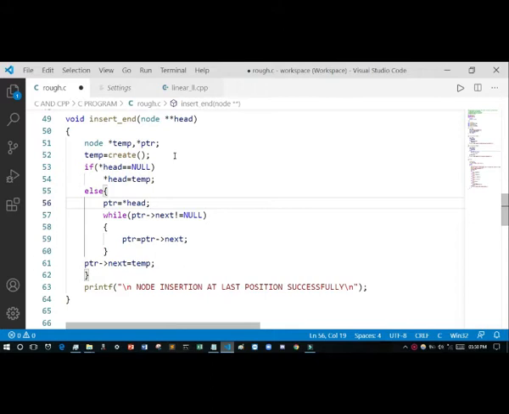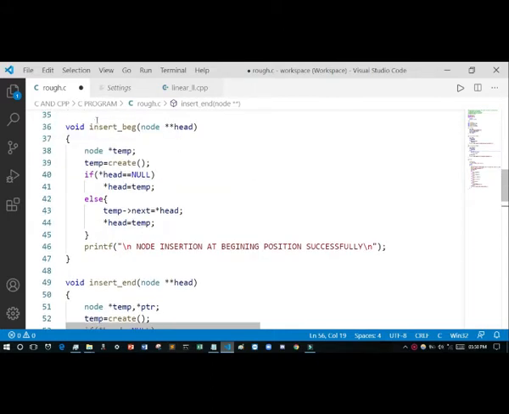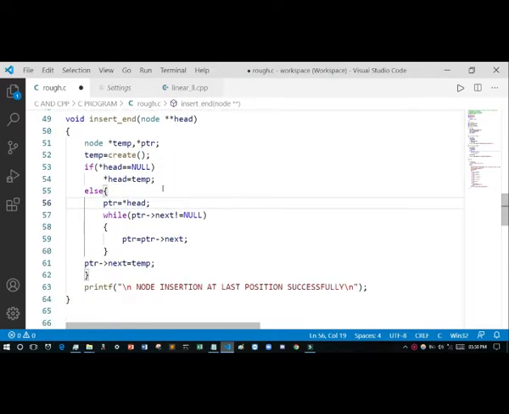Remember, whenever you want to insert at the last position, you have to traverse. For this reason you go to the end of the list. It starts with the first node, then ptr next means the next of the present node. When it is null, then it will stop.